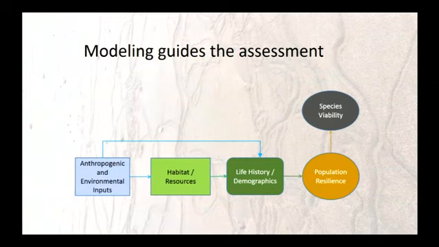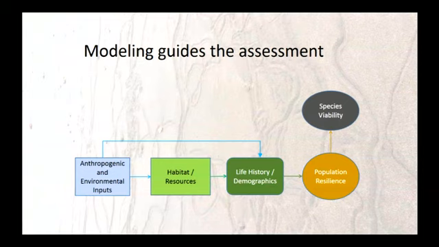Part of that training and part of that work is trying to get people more comfortable with modeling, because in order to make these future predictions about the species status, we have to have some sort of a predictive tool. A prediction requires a model. And so we try to encourage them to think about what we call the core conceptual model, and it's a generic way of thinking about species viability and how, in order to have viable species, we have to have resilient populations. That population resiliency is a function of their life history and their demographics, which is a function of their habitat and their environment. So that's the basic core conceptual model.